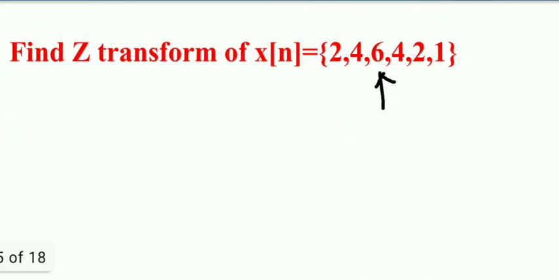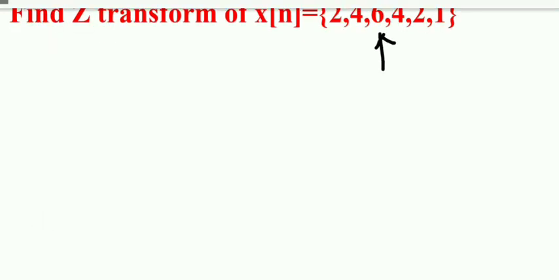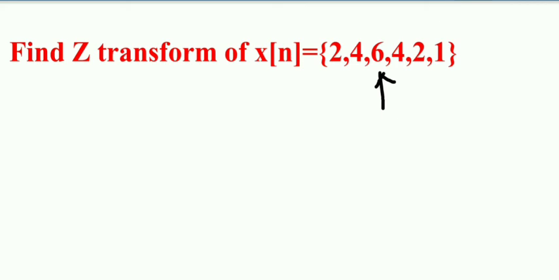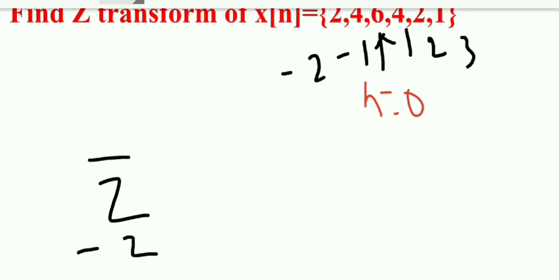This problem you see here, n is equal to 0 here, and this is n1, this is n2, this is n3. Here it is n is equal to minus 1, n is equal to minus 2. This is both right hand and left hand side. That means it is a double side signal. So follow the same principle. Summation n goes from minus 2 to 3 and solve the problem.